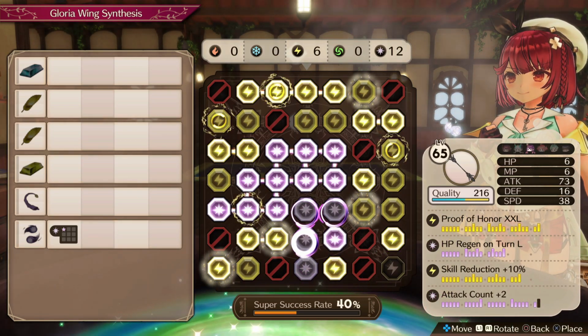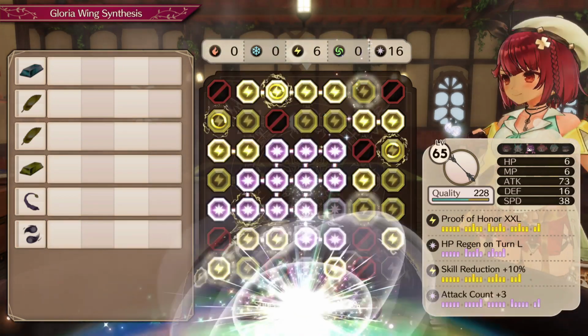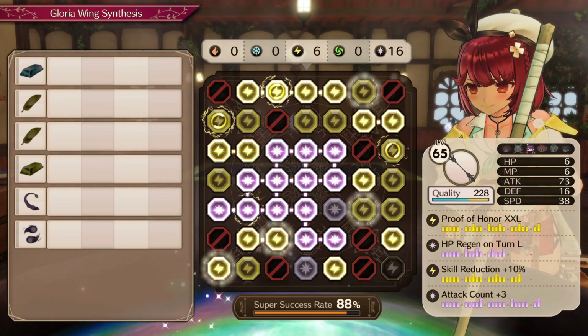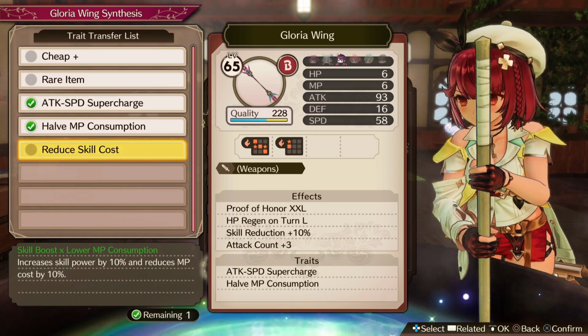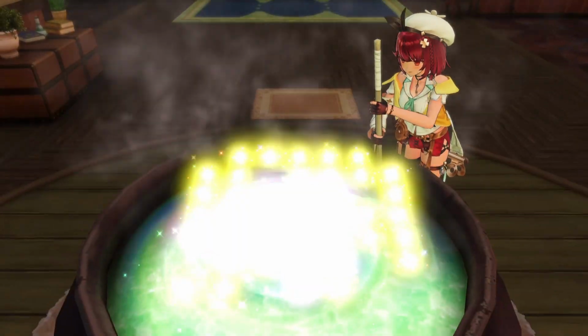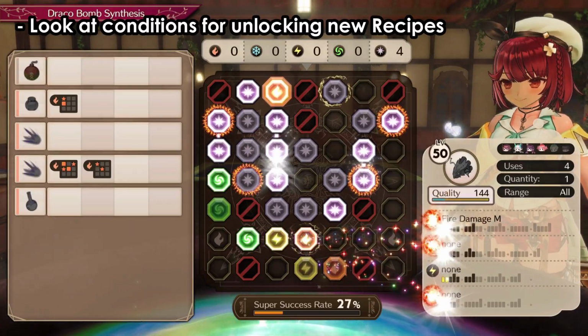Because in this game the level cap is 50. Even if you play on easy, the game is gonna be tough. So you need to have those quality items to create those quality equipments to have the advantage. So in this guide I'm going to show you completely step by step where to go, what to do. So first things first,